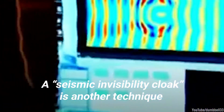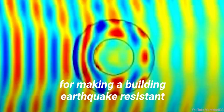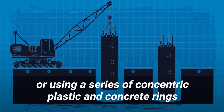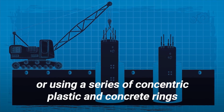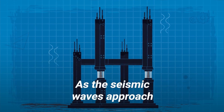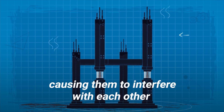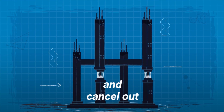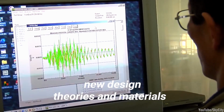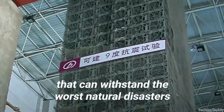A seismic invisibility cloak is another technique for making a building earthquake resistant. This involves digging cylindrical pits or using a series of concentric plastic and concrete rings around the foundation of a building. As the seismic waves approach, the rings scatter the incoming waves, causing them to interfere with each other and cancel out. Engineers are constantly testing new design theories and materials to produce buildings that can withstand the worst natural